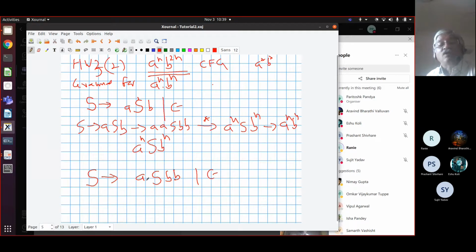Yes, sir, it's clear. And the converse, if you derive any string in this grammar, it will be of this form. Why? Because the smallest string you derive, epsilon, has this form, and assuming that anything in S, say X, which belongs to S, has that property, this larger string aXbb also has that property, right? So somehow this rule is closed under this property. That is, assuming that a substring in S has this property, this larger string which also belongs to the language will have that property. So I think it is clear. So I think this is the answer. Very good. So I think we solved that question.